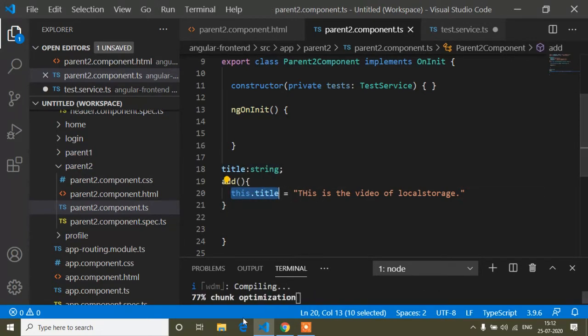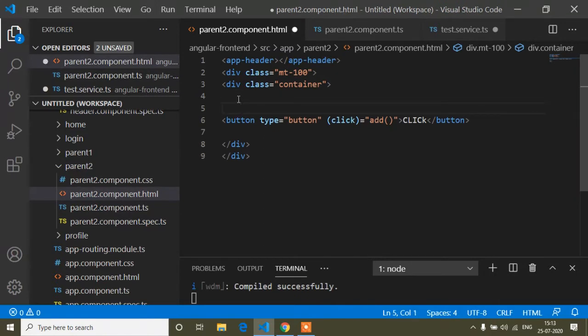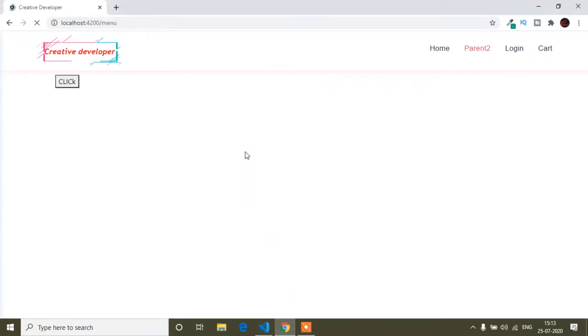So let's see what happened. Before that I have to copy this variable, and just here use curly braces, that means interpolation, I will paste this variable, and now I will check the browser. If I click the button, you can see it's showing this is the video of local storage.